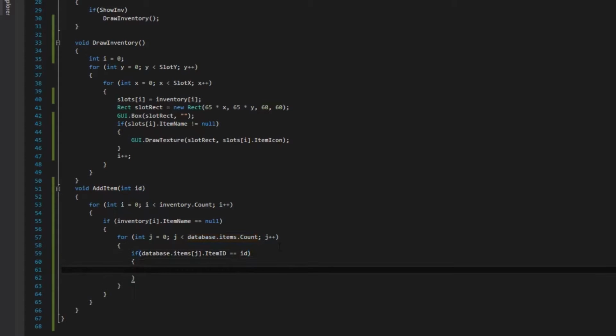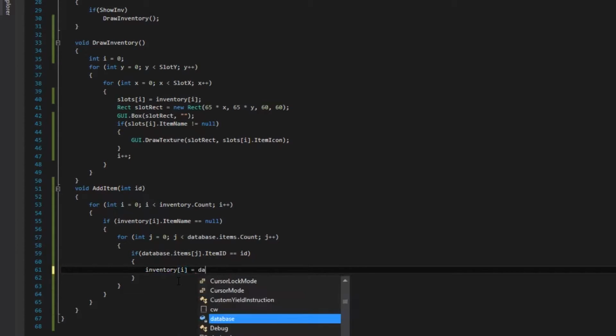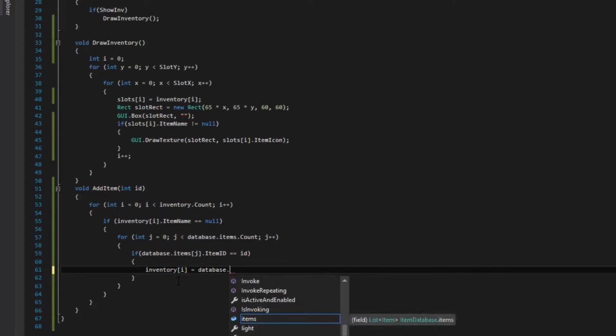So now that we have the empty inventory slot, we're going to say the inventory